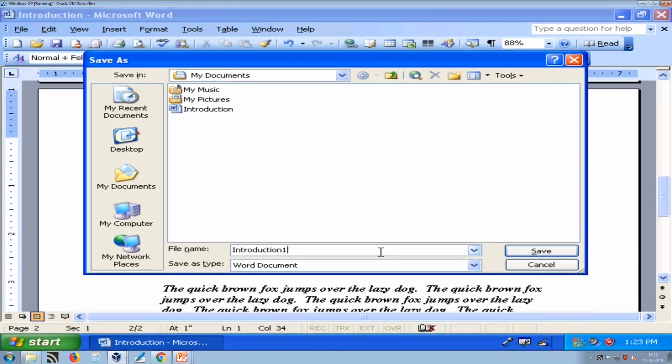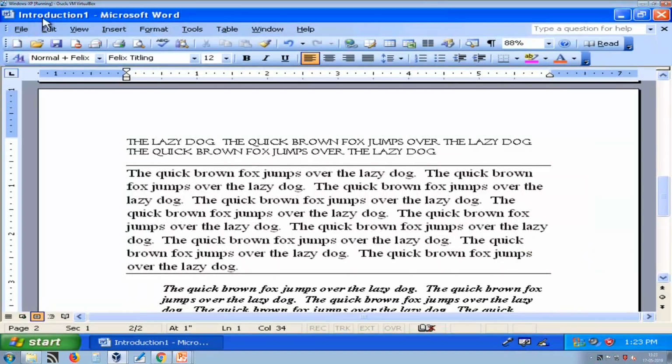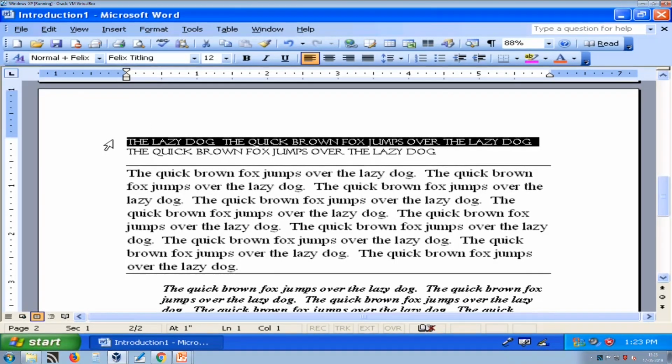So, you have to provide different file name, otherwise it will not work. Here previous file name is introduction. Now, introduction 1 is new file name. So, I am just pressing save. So, this previous file is as it is. Now, the new file you can modify without disturbing the first one.